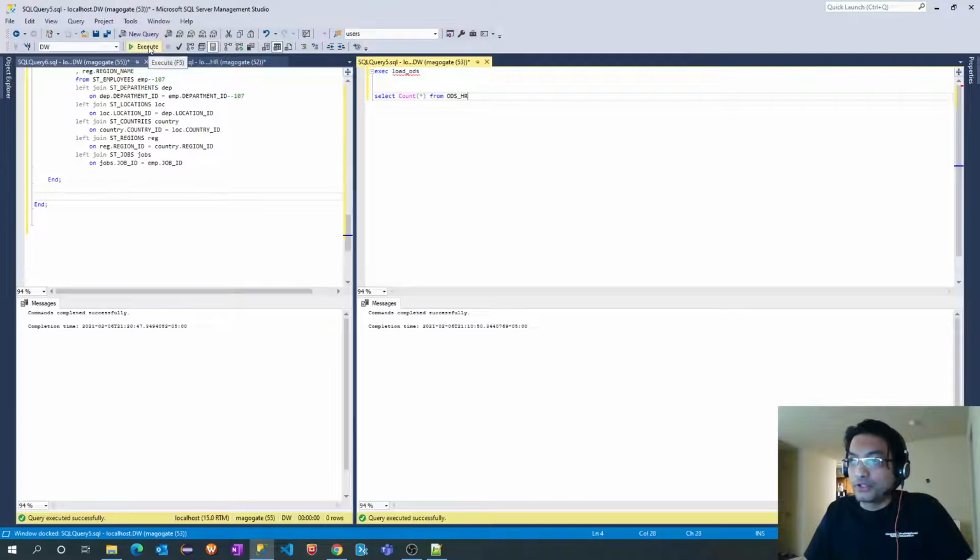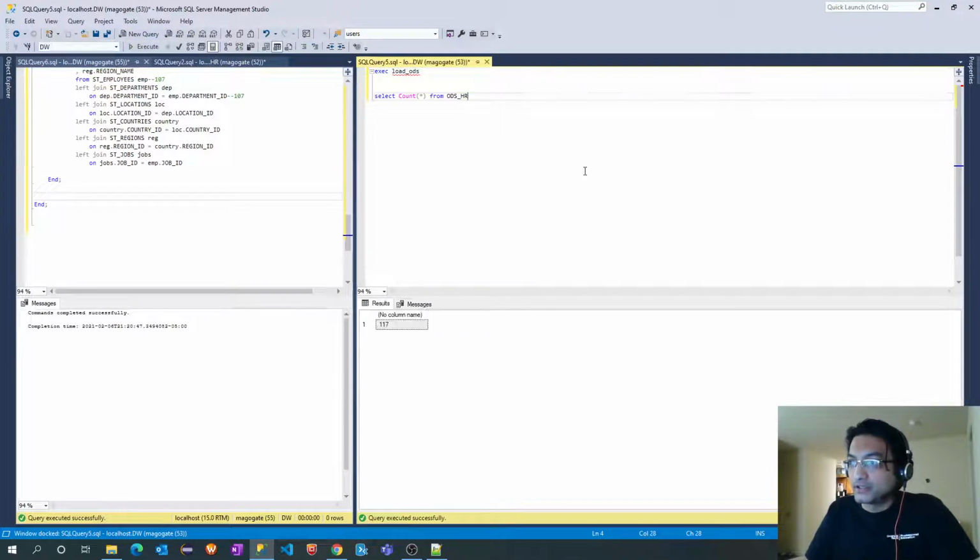Okay, let's execute our stored procedure again. Let's see how many records are getting: 117 records, which is perfect. There were 10 records in job history table and 107 records in employees table. So that's why it's showing 117 records. Now, if I execute this SP again, it's inserting 224. So now records got increased. Now, why is that? It should not happen.